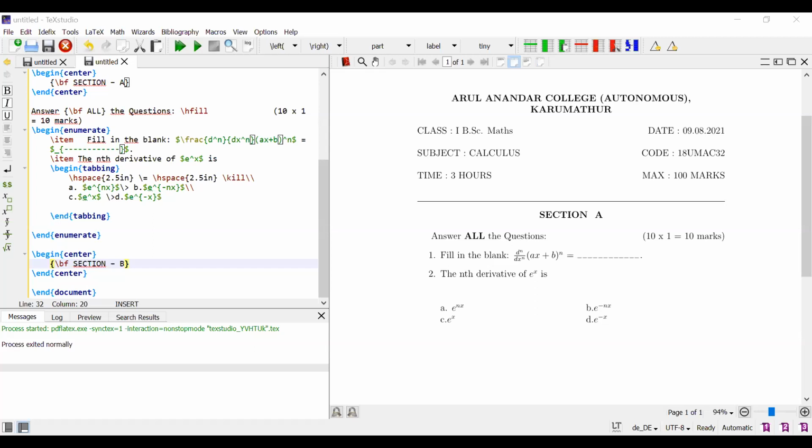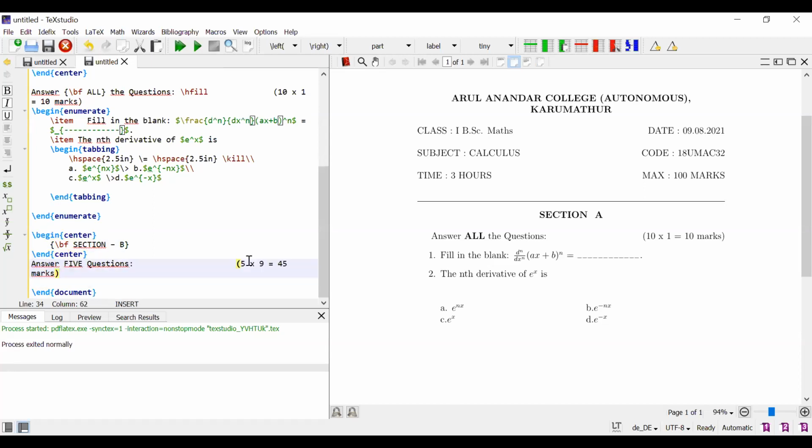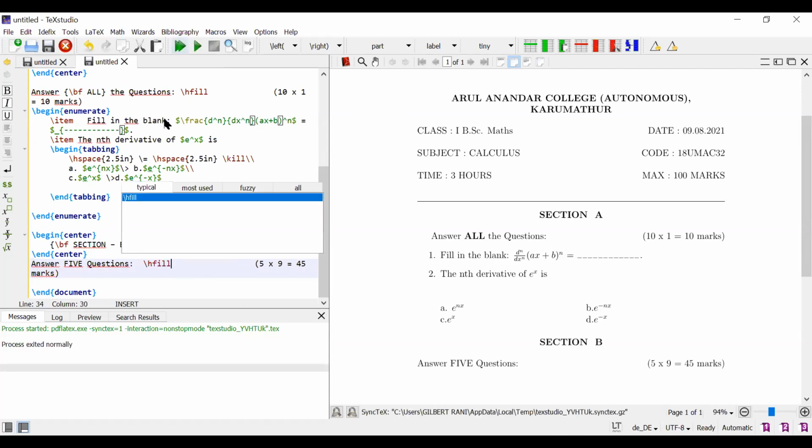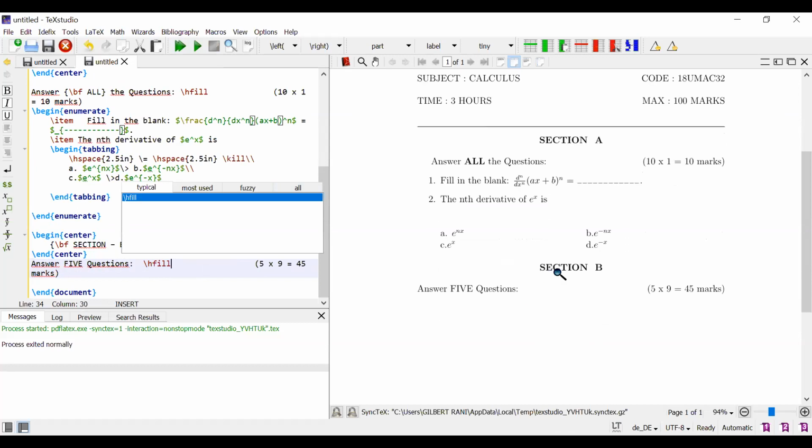Control C. H4. See this? Section B, 5, answer any 5 questions, 5 into 9, 45 centimeter. You can rearrange this margin.